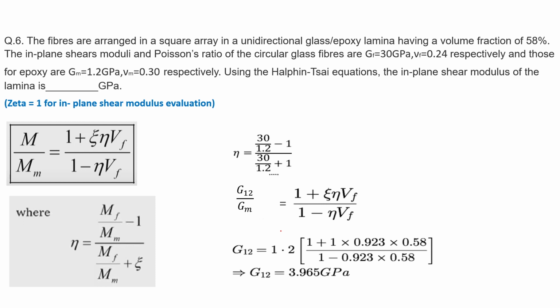Now next question is question number 6: the fibers are arranged in a square array in a unidirectional glass epoxy lamina having a volume fraction of 58%. The in-plane shear moduli and Poisson's ratio of the circular glass fibers are GF equal to 30 gigapascal, mu F equal to 0.24 respectively. And those for epoxy are GM equal to 1.2 gigapascal and mu M equal to 0.3 respectively. Using the Halpin-Tsai equations, the in-plane shear modulus of the lamina is, and we have to find the value in